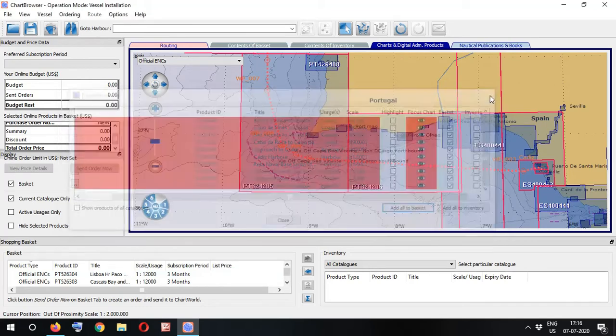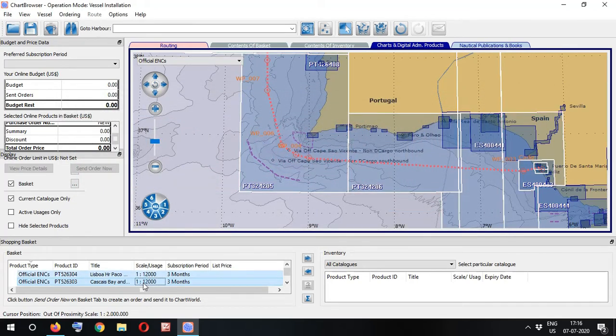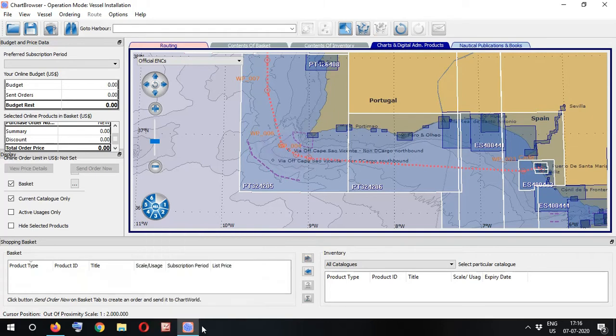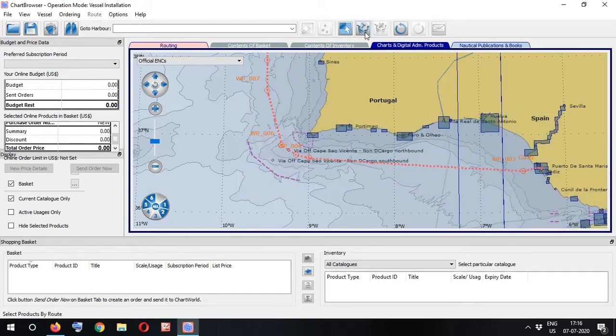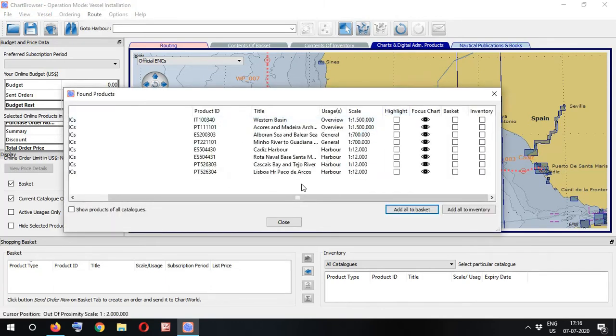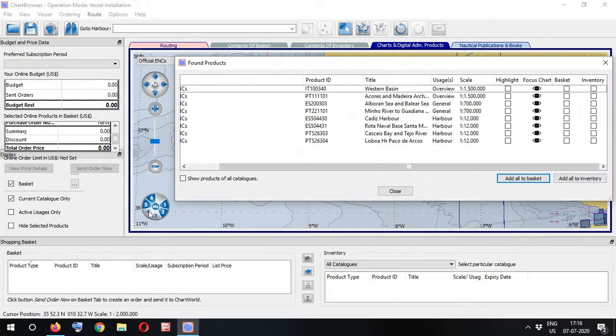Now for example, I'll remove these charts, if you want to manually select ENCs. Remove all. I'll remove the ENCs. Always make sure that all of your sections are selected before putting this route to basket. It might sometimes happen that someone has unticked this and then you put route to basket. You will still see some ENCs and think that this is okay, and then you order these charts, but you see now it is showing fewer charts because these two sections are not there.